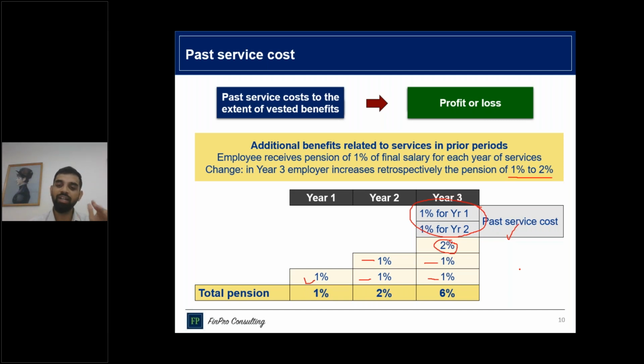That means that 80 rupees is vested. The employee is due to get that amount at any point in time when he leaves the organization. So if he is eligible for the past service cost, then we call it a vested benefit. That benefit has already vested with a particular employee. So that